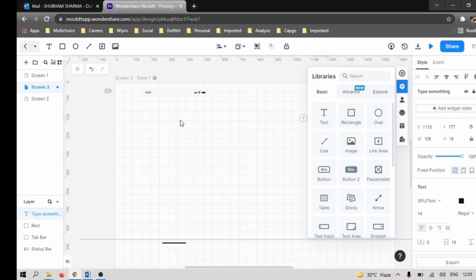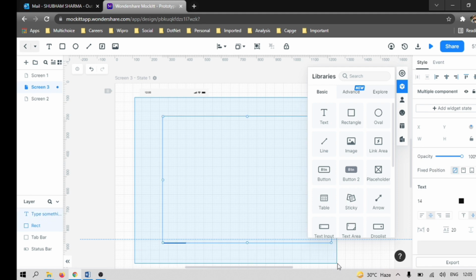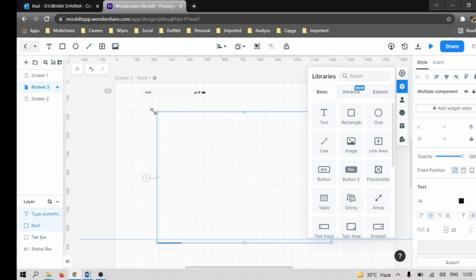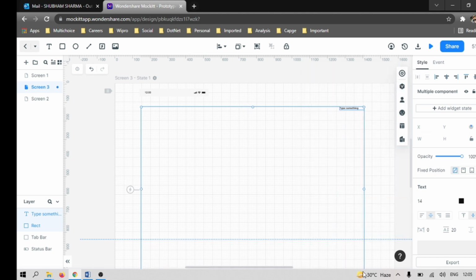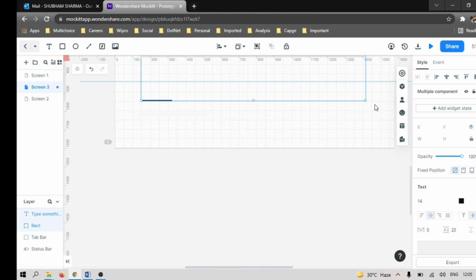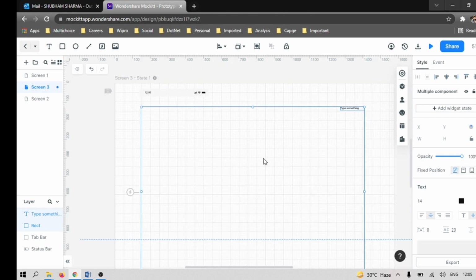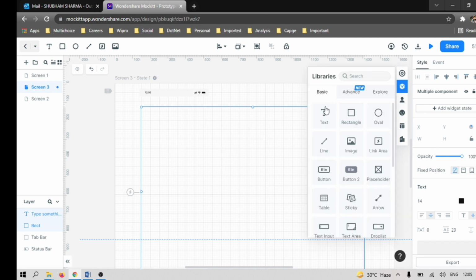Firstly, before that, take a box so that we can put all the things inside the box, and it will look like a pop-up. You can expect the design as you want. The second thing is a text box, so let's create one text box here.